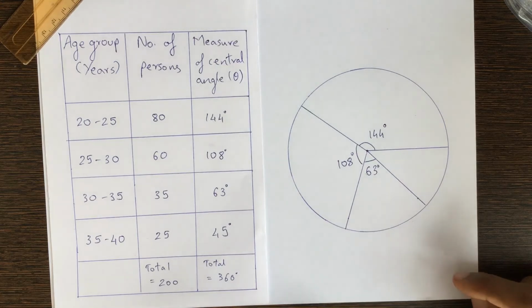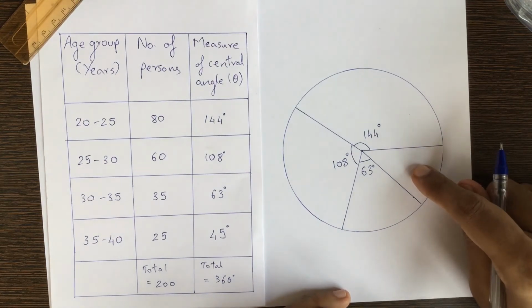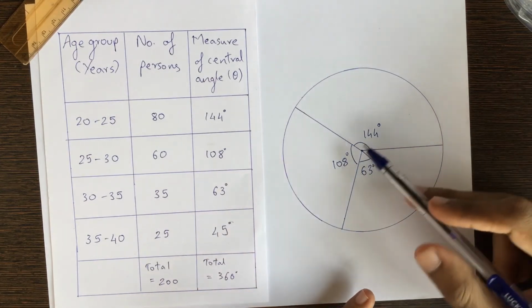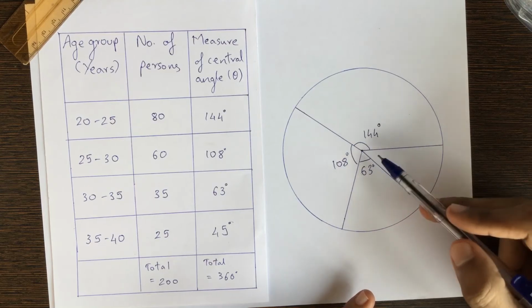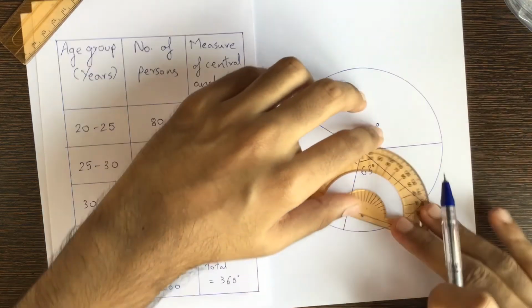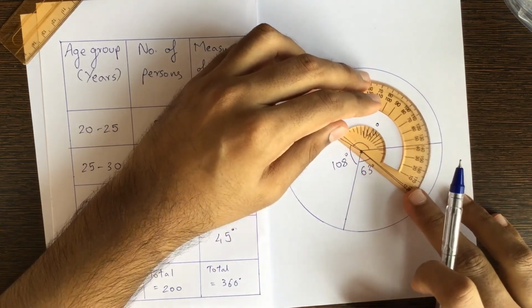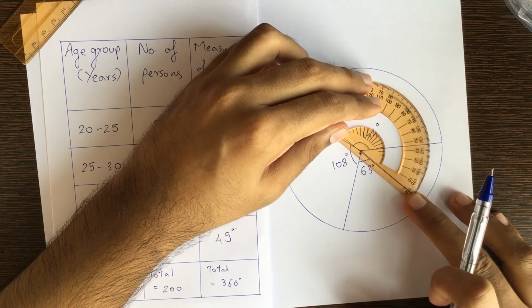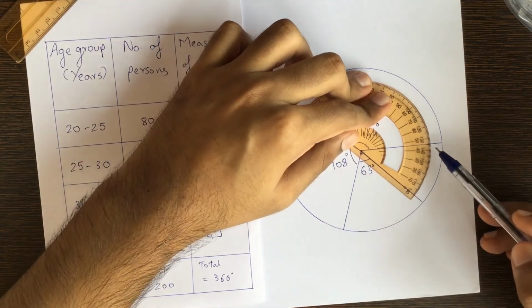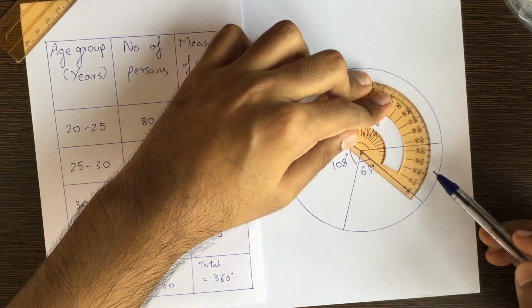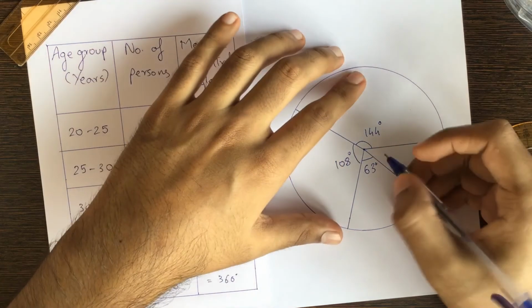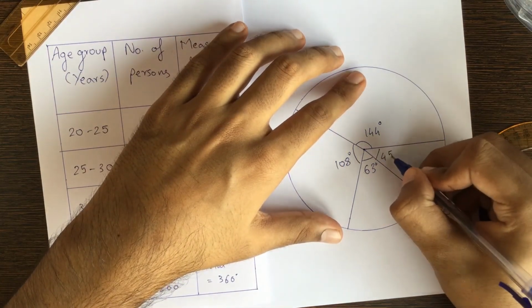Now this is a test. Okay, you can check whether you're going correct or not. The last sector that remains should automatically come to 45 degrees. If it is not automatically coming 45 degrees, it means you have made some error or you haven't accurately drawn the angle. So this has to automatically come 45 degrees. Okay, and that is a very good check whether you have drawn the pie diagram correctly or not. So let me check that. Okay, and see here, now you can see it is coming exactly to be 45 degrees. So because this last angle is coming 45 degrees by itself, it means all my other measured angles are correct. Okay, so this I will write as 45 degrees.